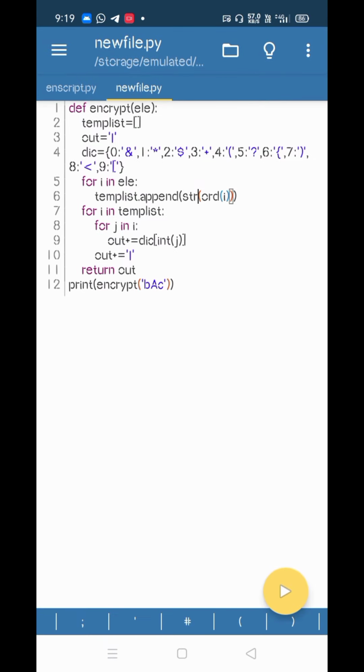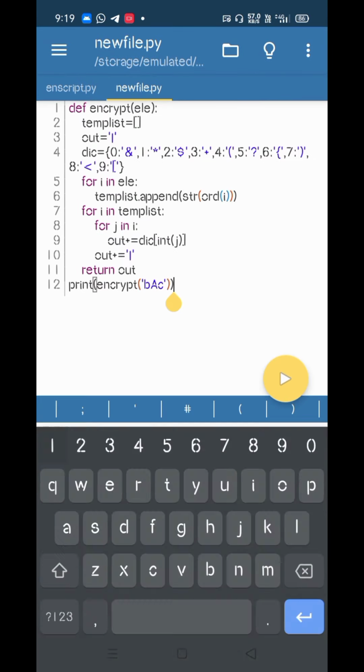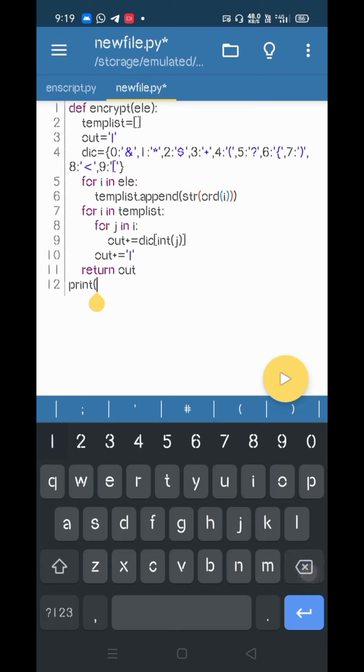In this Pydroid, we can navigate our pointer by using the volume up and down. So you can see it was running successfully. So we had created a program for encrypt. So let us create a program for decrypt. Def decrypt of LE. Now we should take the code, meaning the encrypted string, as the input.